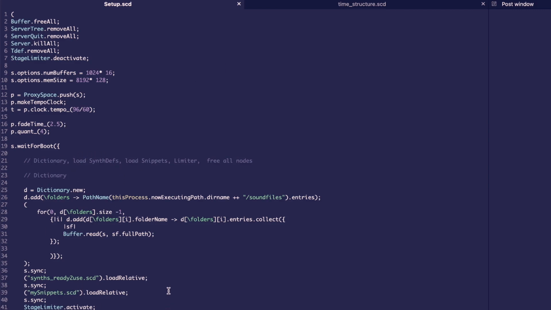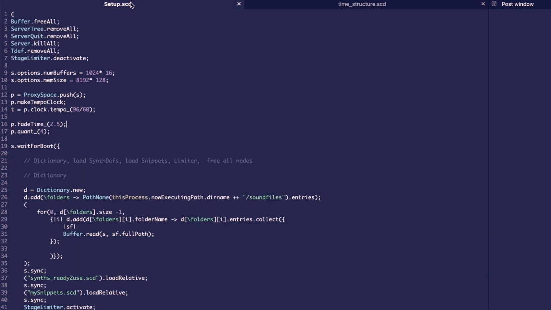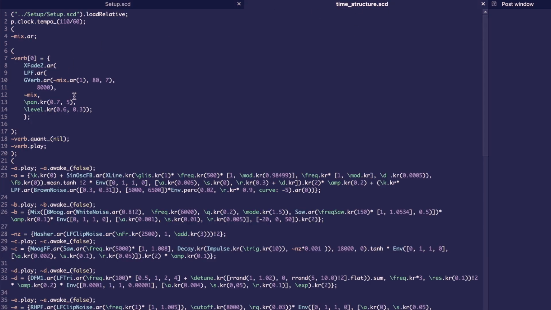I load some sound files, Tdefs, and some snippets, and activate a stage limiter, which is good for amplitude values. The sound files, synths, and snippets here, I haven't used them lately, but they're just there just in case. Okay, next